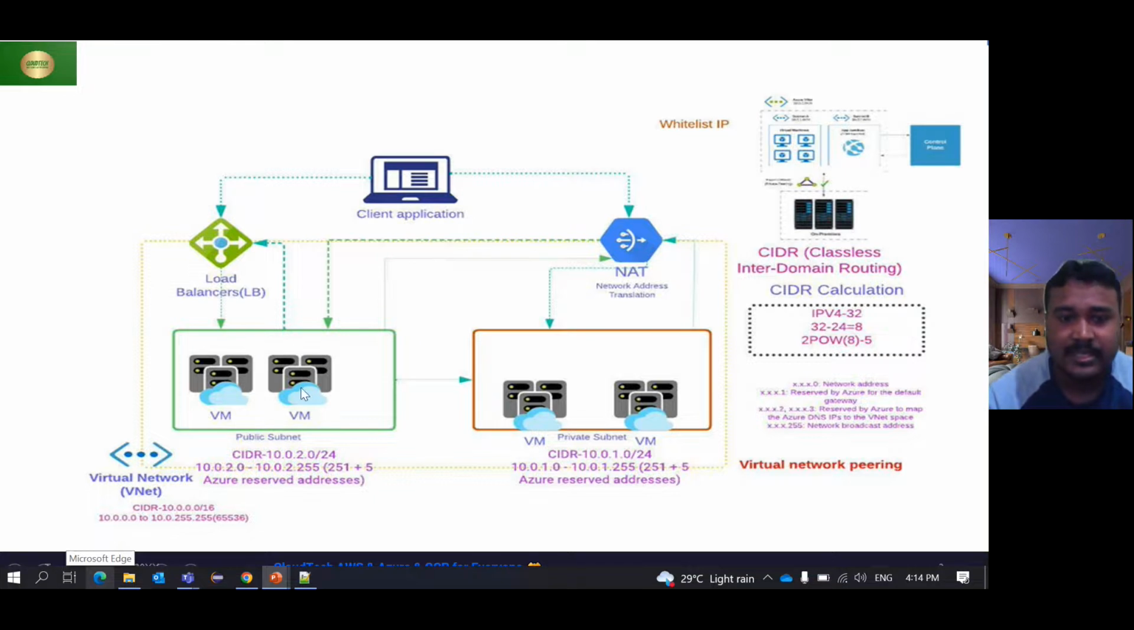Now I have created one public subnet. In this public subnet the CIDR value I gave is 10.0.2.0/24. What does this mean? It is the starting range of this particular public subnet, and these many IP addresses I can allocate in this subnet. If I launch any VM, I need to allocate some IP address for that VM, either public or private. The range can be 10.0.2.0 to 10.0.2.255. Basically up to 251 IP addresses I can allocate in